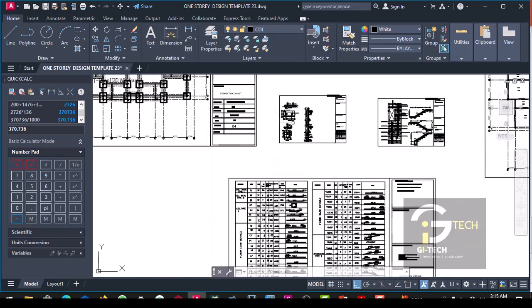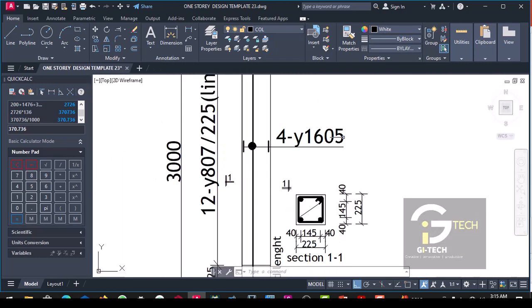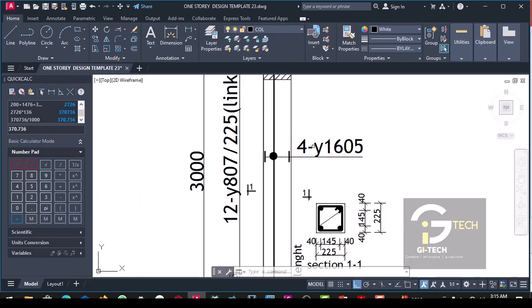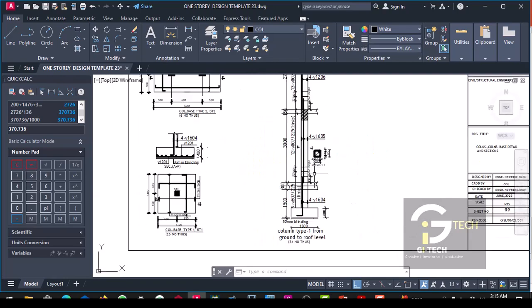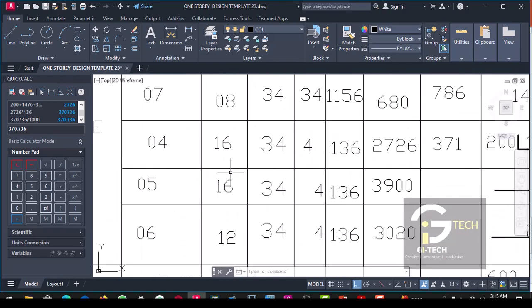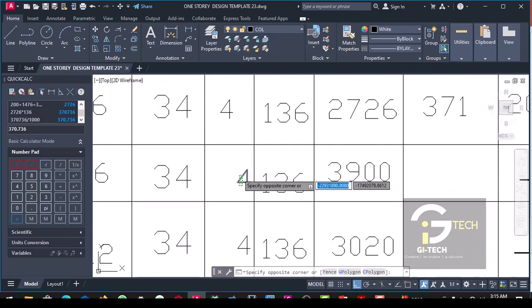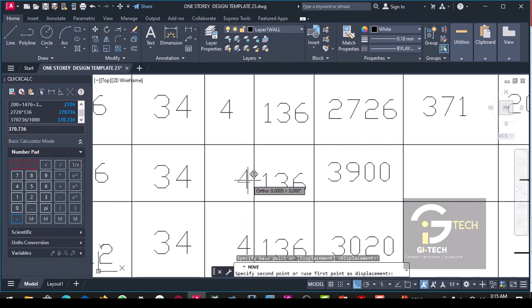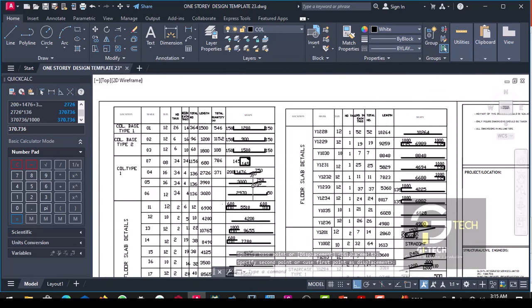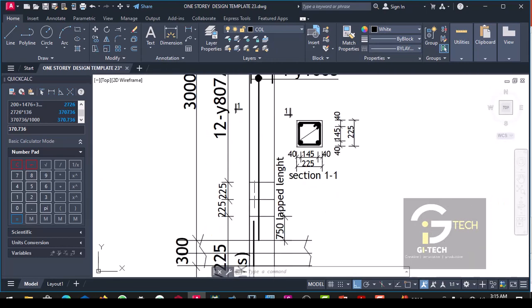Then the next reinforcement that we are going to consider will be 05. The same number, which is 4 Y16. 04, 05, the same number in each. Then when you calculate, you have this. So let's look at how we calculate this. So from here,